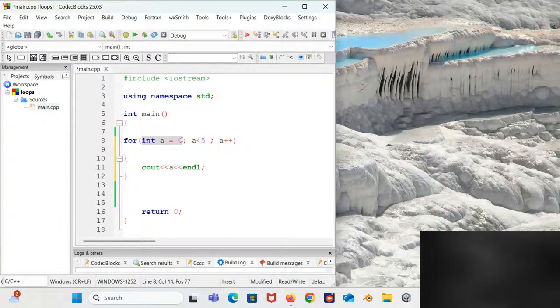Here we initialize the variable A and assign it a value of 0. The variable is of type integer. The second one holds the condition, that is the statement 2, the condition that is to be checked for. And then the third one is whatever should happen if this code gets run.